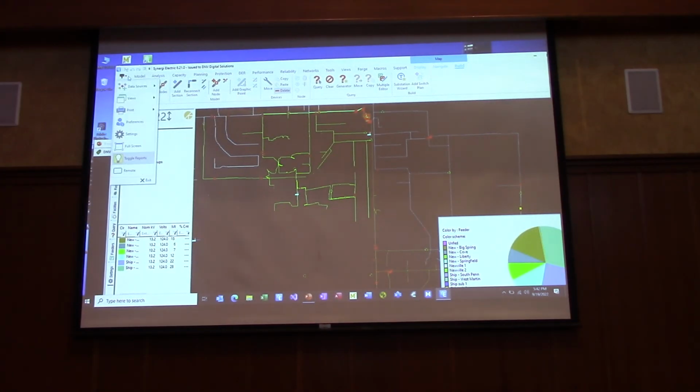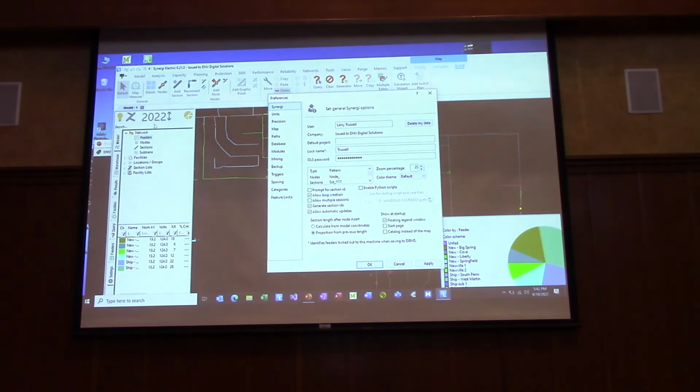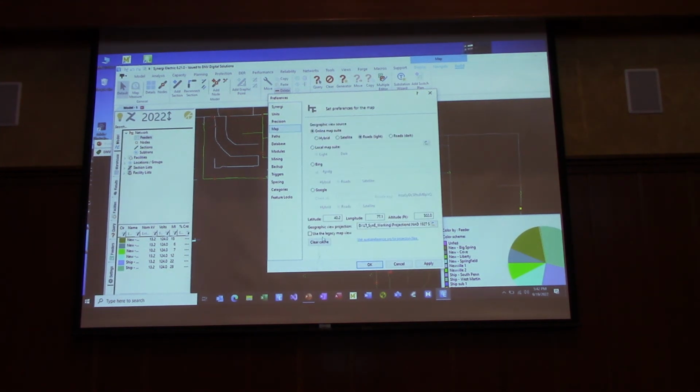Yeah. So today it's over on the preferences where I was just at. This map right here. I'm going to turn this back onto the legacy, but this right here is a projection file. So you browse out to it. So we could have a list there, so you can go and pick. And then I think we are also going to use the database itself. So if you load a model, we can pull that well-known text, which is a pretty cool name. We always struggle for neat names for things, and so these mapping people use WKS, or WKT, sorry, for well-known text. And